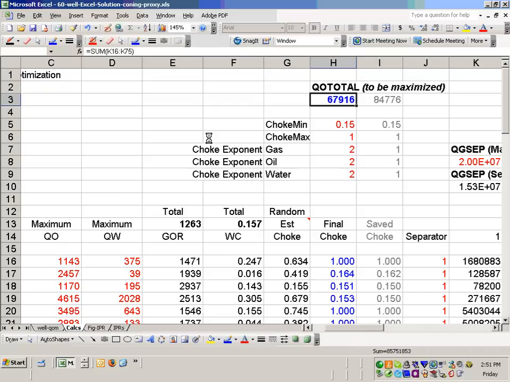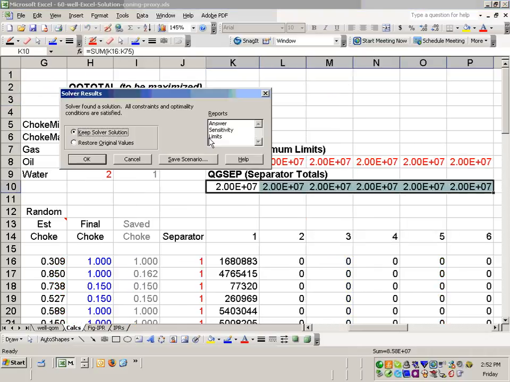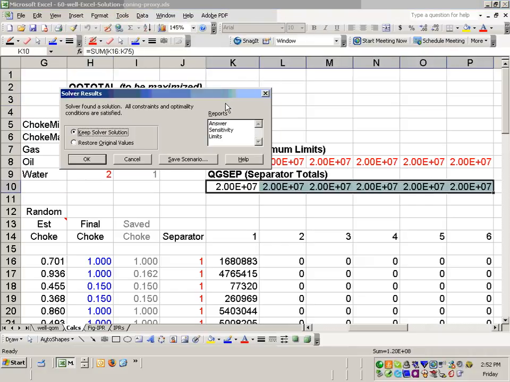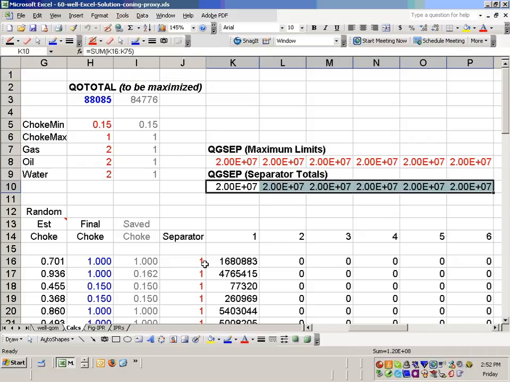working hard. Okay, solver found the solution, all constraints. It looks like all the constraints are met. But let's just run it one more time just to make sure. Okay, you never know. Okay, so it's found